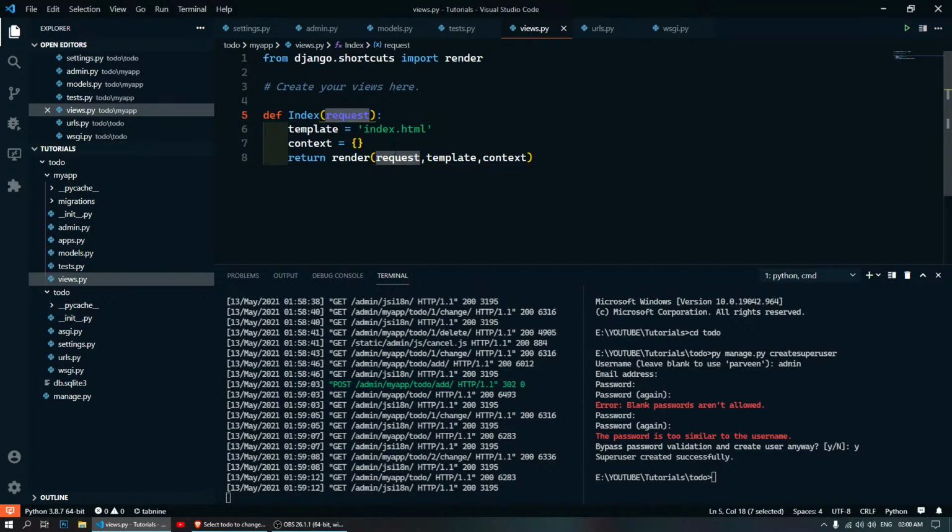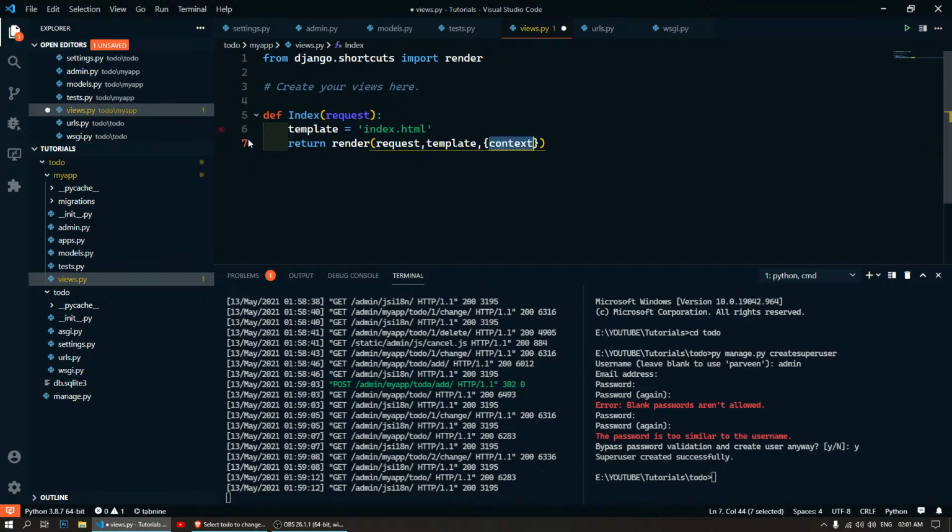This request is this request, and this template will be a string value which will locate a template in your app directory, and this context will always be a dictionary. Remember that this context value will always be a dictionary. So you can remove this and just insert an empty dictionary here. Okay, this will also work. This is saying index.html. So whenever you hit this,